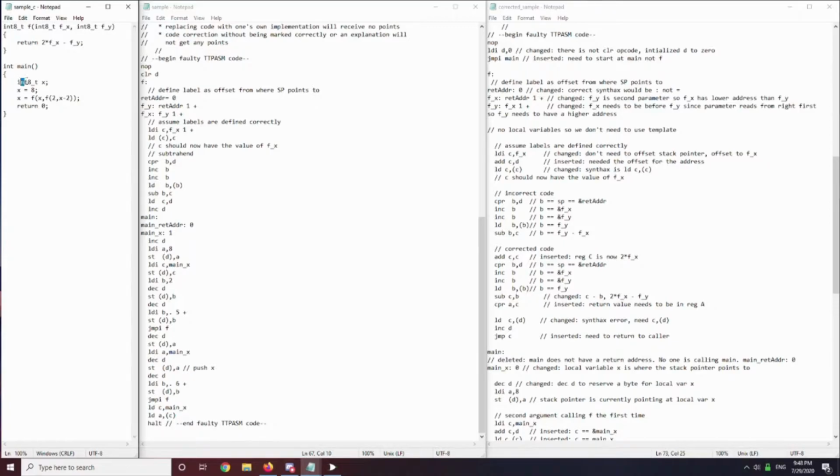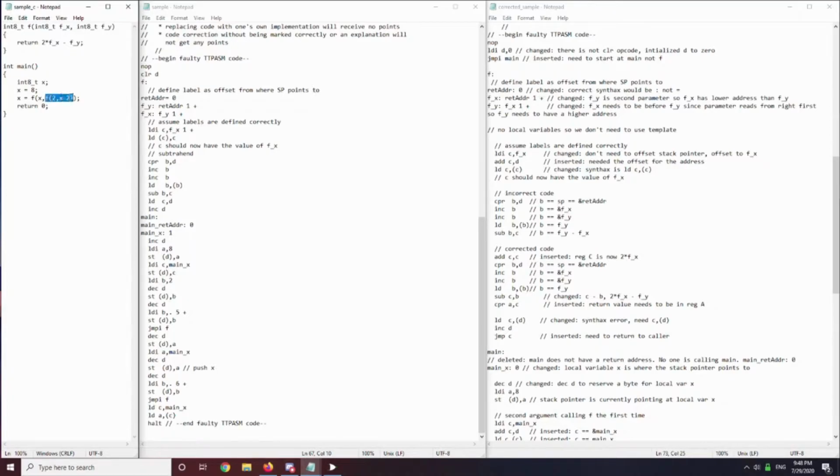So I'm declaring x to be int. This is just a type of data that I'm declaring, and then I'm assigning 8 to x, and then I'm calling the function f within f, right? So basically, let's work our way in, right? So basically, inside this function,